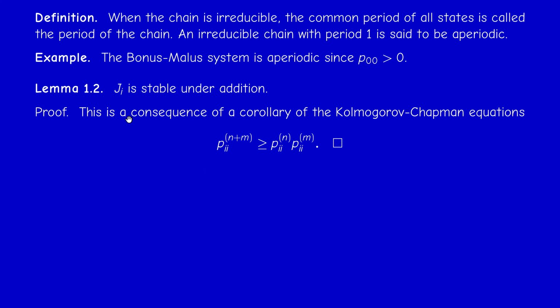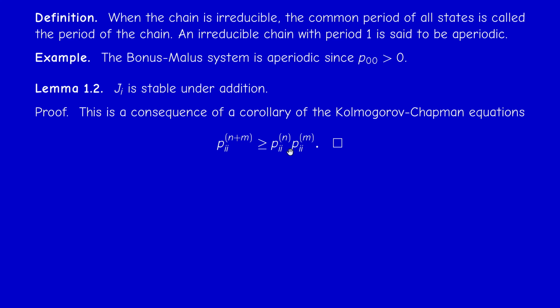Now, for the last result, we need two preliminary results, which are interesting. First one is that Ji is stable under addition. What does this mean? It means that if n and m belong to Ji, then their sum is also in Ji. And once again, this is a consequence of the Chapman-Kolmogorov equation, which we can interpret